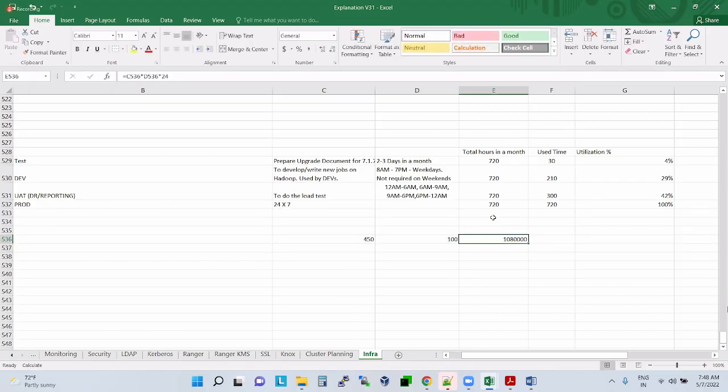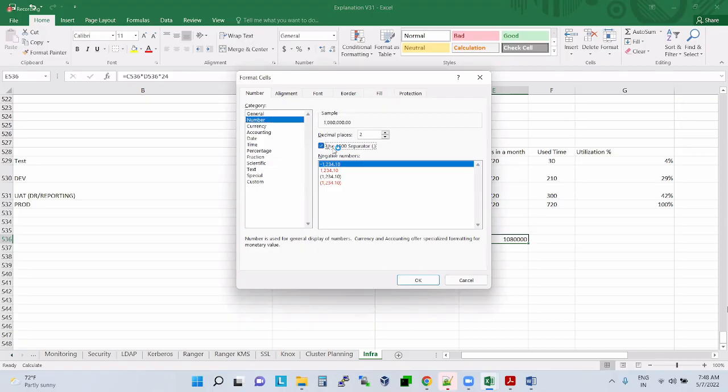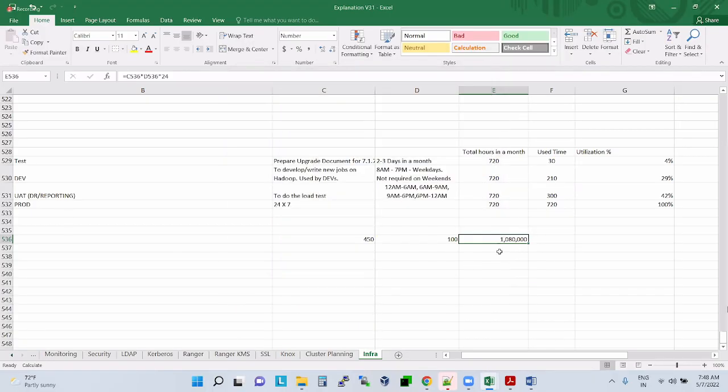Almost 1 million. So if I use this cluster, I need to pay 10 lakh rupees in a day. You got my point?